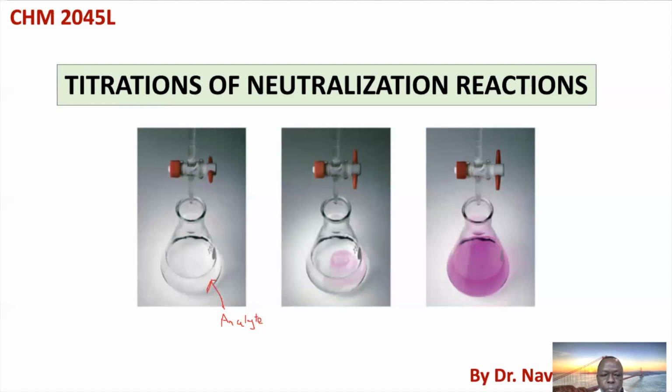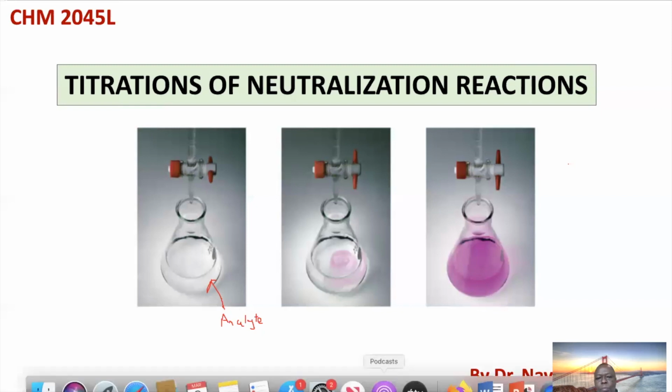So if we know the stoichiometry, the mole ratio between the titrant and the analyte, we use the titration technique, whereby an organic compound called the indicator is added onto the analyte solution. When you continue adding the titrant into your analyte, at the end point, the solution will change color from